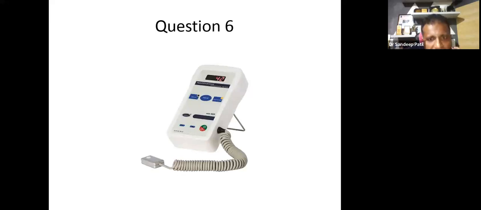So this is the equipment. Basically, it is a flux meter. So this is the eye of the flux meter, and this flux meter is used to measure the flux of the phototherapy machine. Basically, the flux meter should be used routinely for measurement of flux of your phototherapy machine. So the flux is mentioned in microwatt per nanometer per centimeter square, and the flux should be measured on a